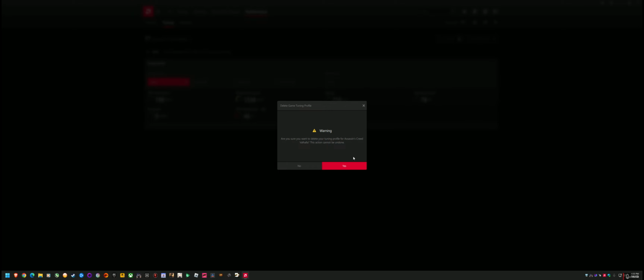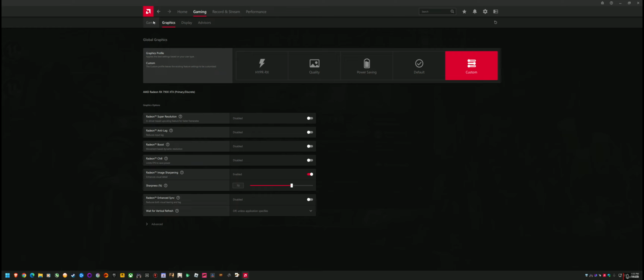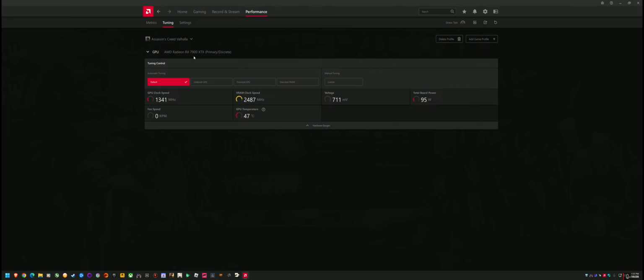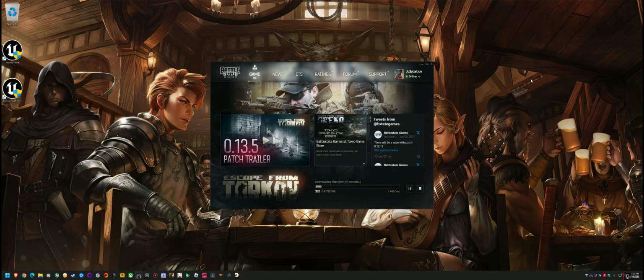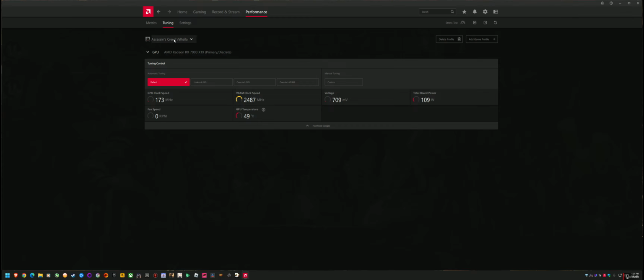So when you have no profile, it takes it from whatever the global's on, and that'll actually save to that game. Even if you tune a global tuning profile, so I'll give you another example. Let's just pretend I don't know how it works. So I'll go into gaming, and I'm messing around, not knowing how these buttons work, and I click on Valhalla, and I go to Tune Game Performance, and it saves it as a default profile, right? Then I get out of it. I go into my overclocking, I'm benchmarking, and then I open it again, right? And I'm back here. I go back to performance tuning in global, and then I do my proper global values,